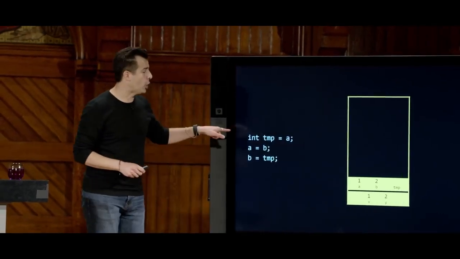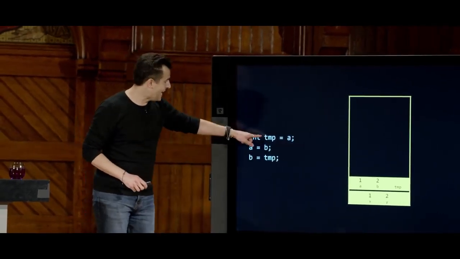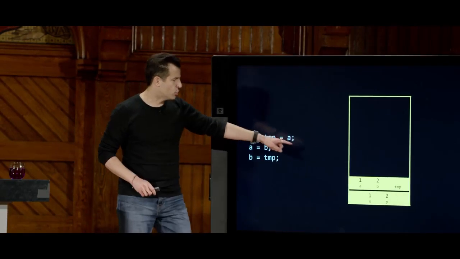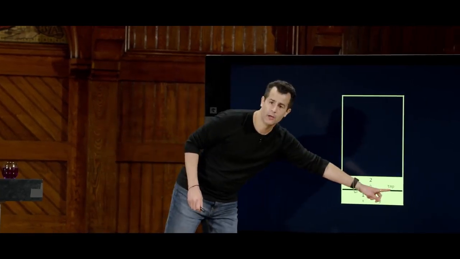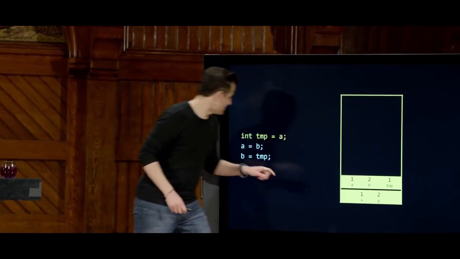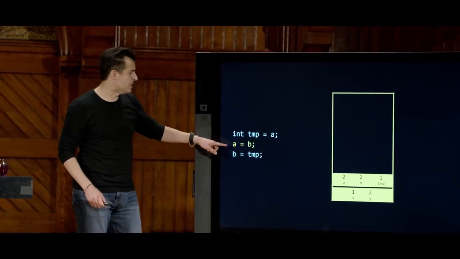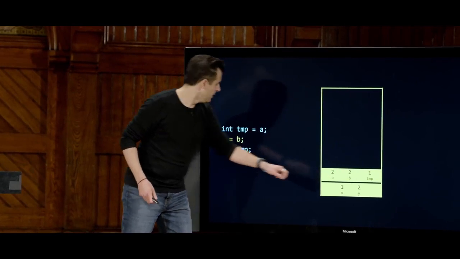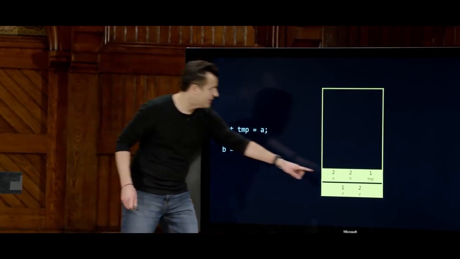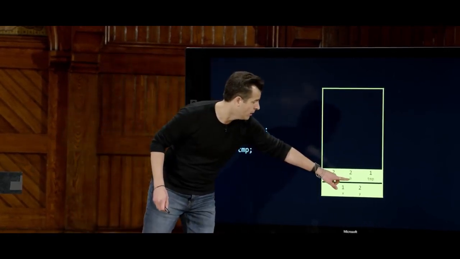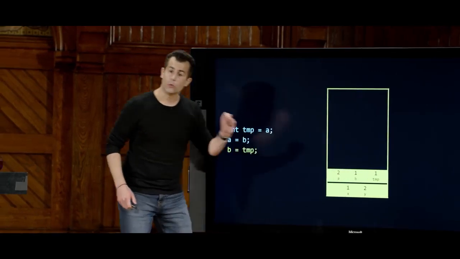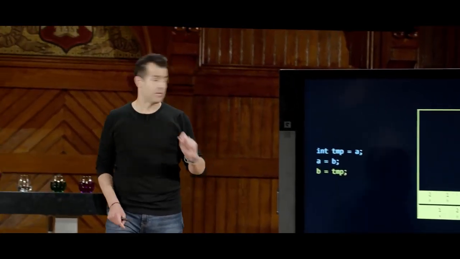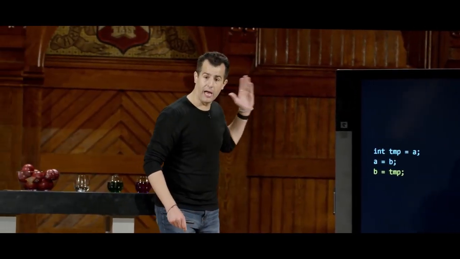And then if we consider the code, what happens next? Well, temp is assigned A. So temp should take on what value? Just 1. And then second line of code, A equals B. So A should take on the value of B, which means it's now 2. And meanwhile, B equals temp means that B should take on the value of 1. And so now we have successfully swapped, it seems, with these three lines of code taken from my actual program, A and B.